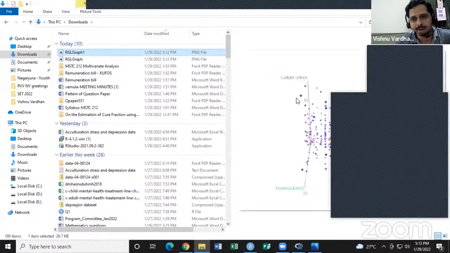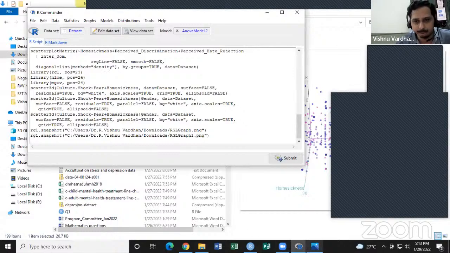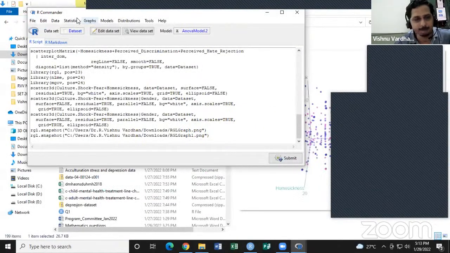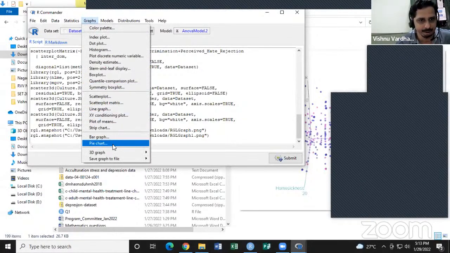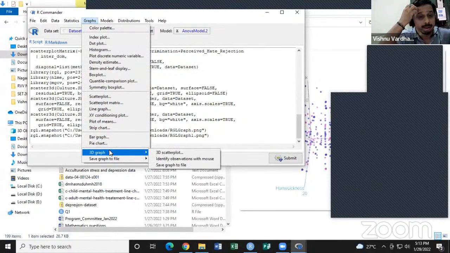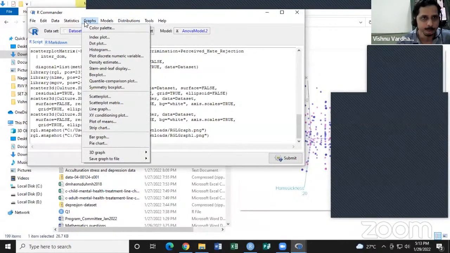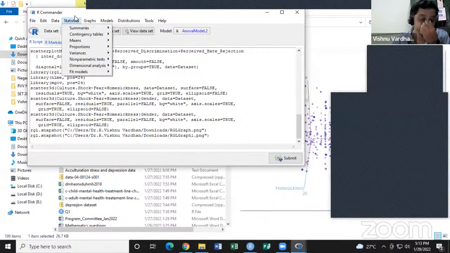RGL. It's a static image only, but I have done it, but I'm not able to do it now. Don't mind. Okay. That rotatable thing we can save. It has some separate options. I have done that. So likewise, you can do many other things. Okay. And next, let me,